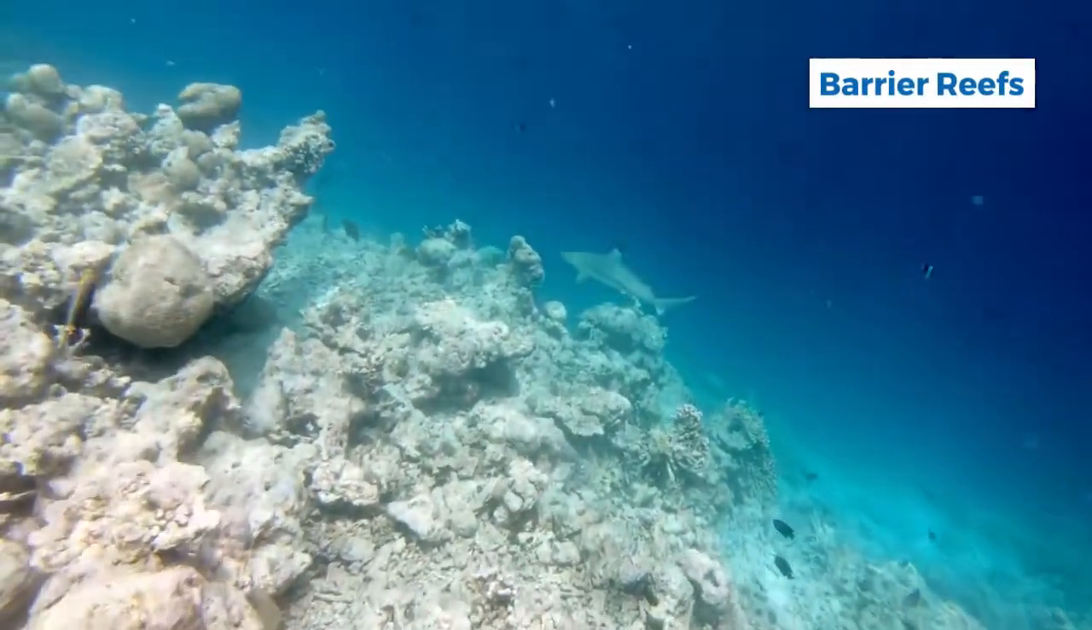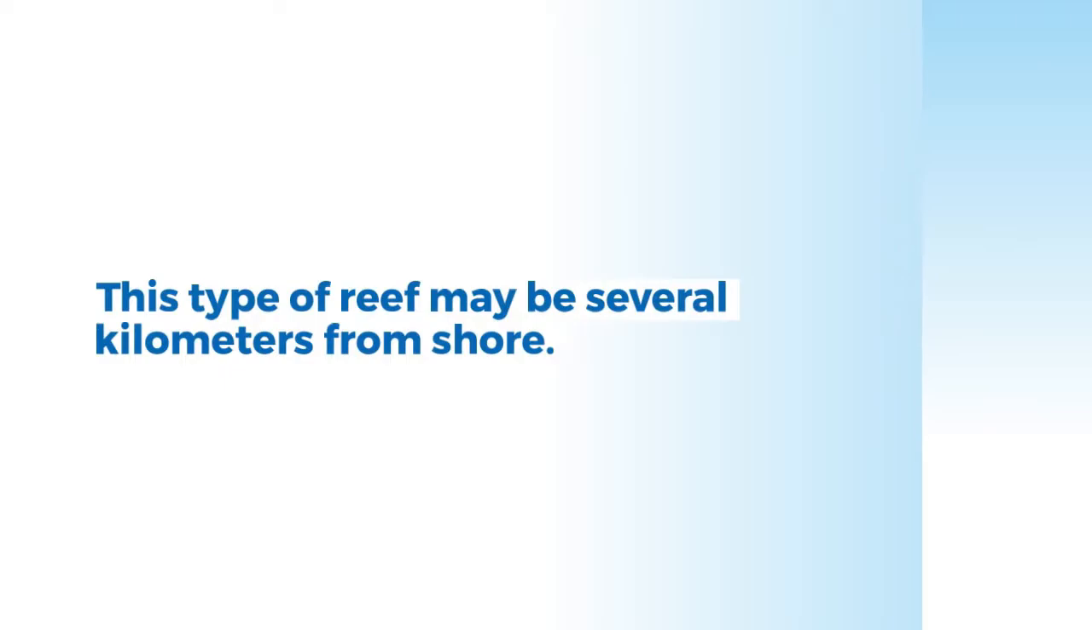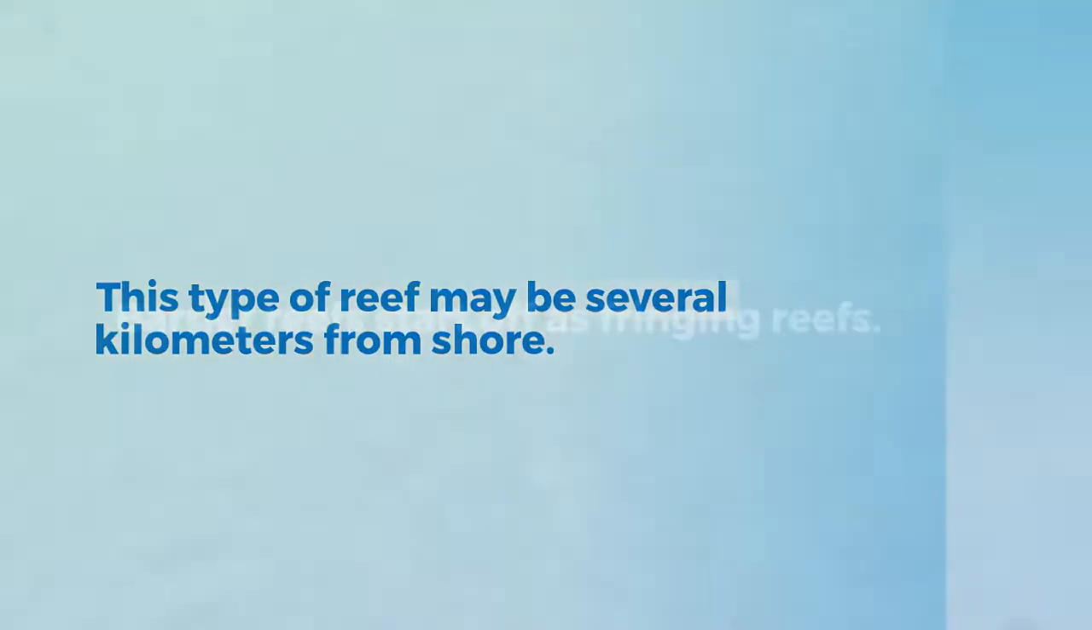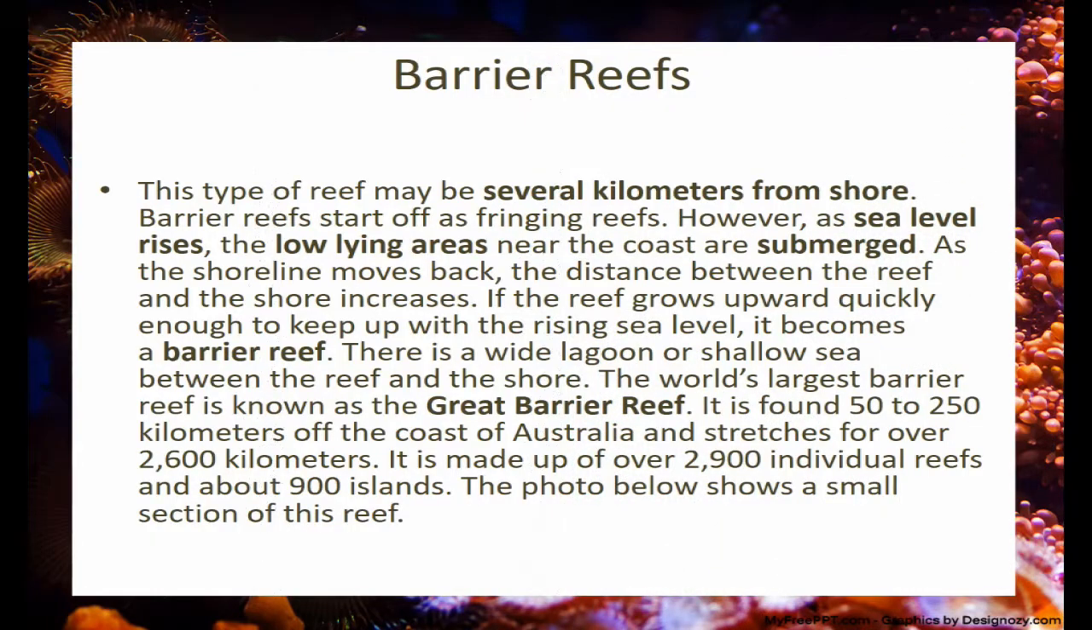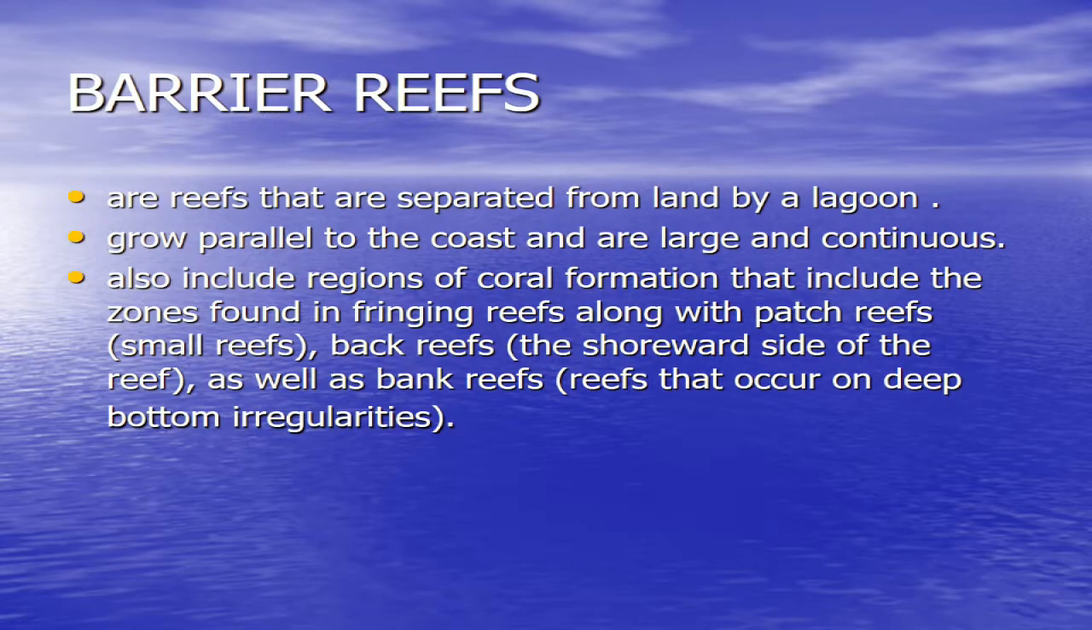The second type is called the barrier reef. Now, this type of reef may be several kilometers from the shore. So remember I said the main difference between the fringing and the barrier is the distance from shore. So basically, both of them are offshore ridges of calcium carbonate, but there is a deeper lagoon for the barrier